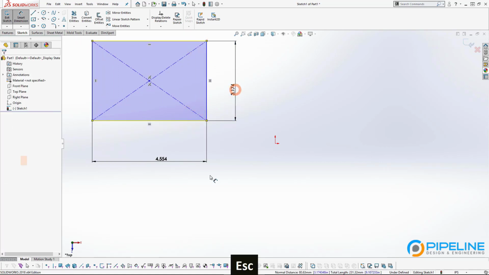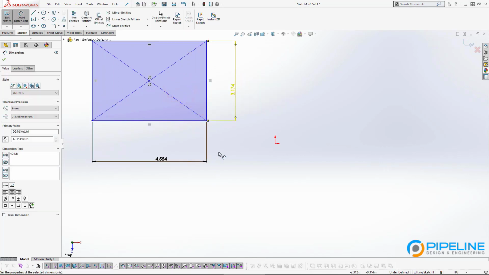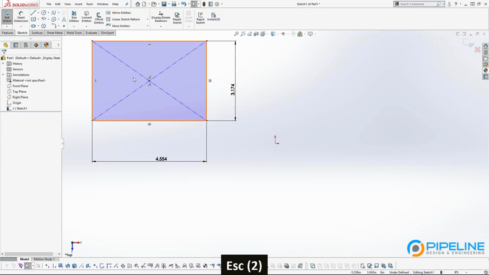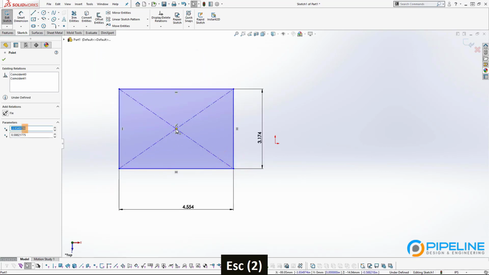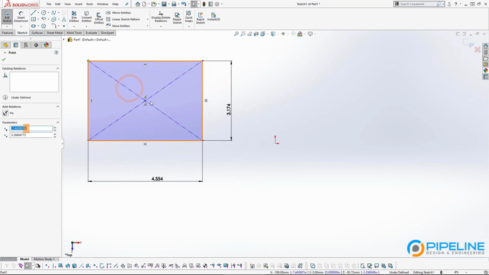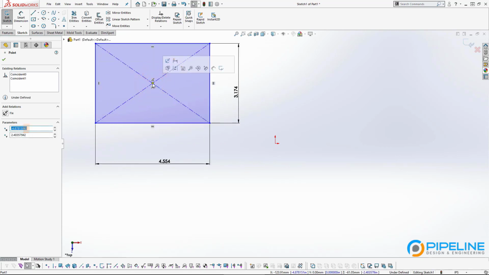So let's say I fully define this rectangle out here in space. It's still a blue sketch, which means it's not fully defined and it can move around. And then if I build other features and then later come back and move this around, those features might break. So this is just generally considered bad practice because